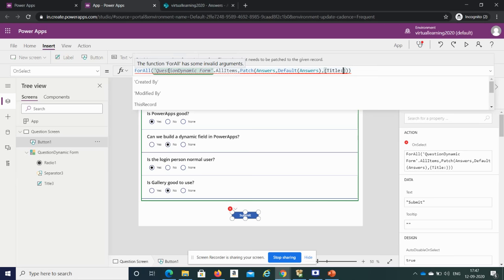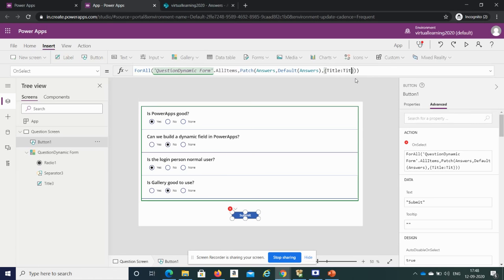Now here, since we are doing this for all, we can directly use this control name, because it is doing a for loop, and for each question it will have different values in these controls. So we will just give the control name here. Title will be this Title3, which is nothing but this question.